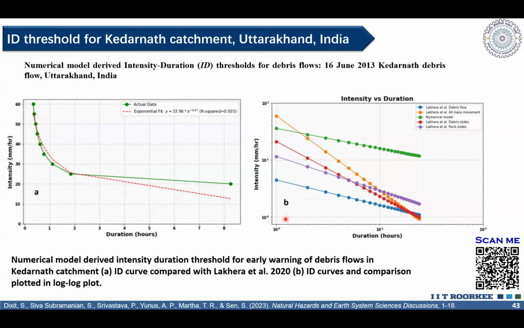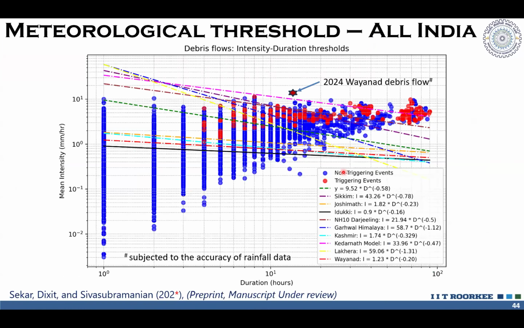And this can be directly used along with weather forecast. Okay, if we have a forecast of this much amount of rain with a certain duration that is going to happen in the coming hours, and it reaches the intensity duration threshold derived for this catchment, that's a hydrological boundary, then it is possible for us to give an early warning signal. This is widely practiced all across the globe. In India, it is in development. As I already mentioned, NLFC is actually doing it very well.